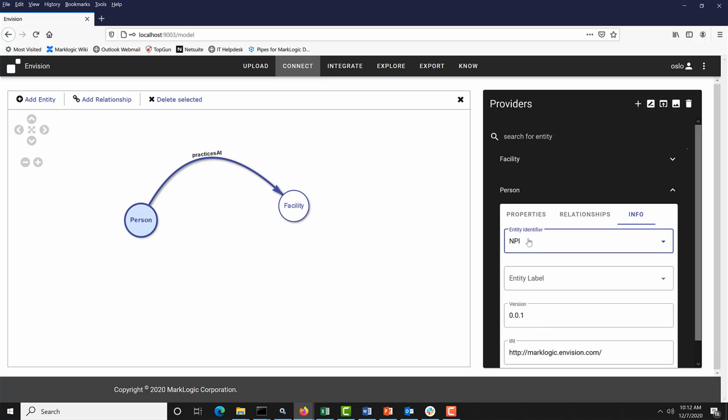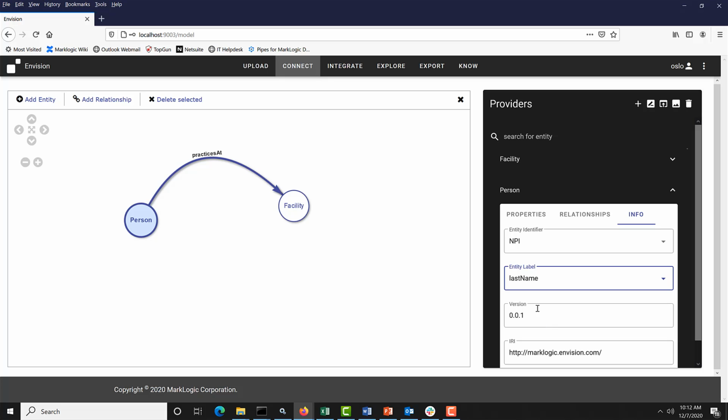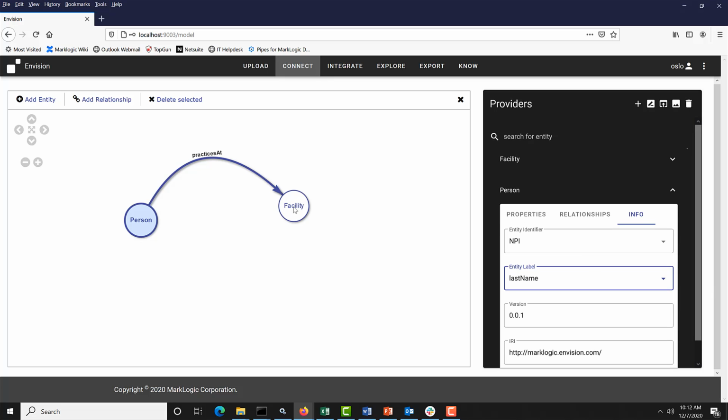This defines a unique person. This helps connect our relationship from person to facility. But the entity label, let's look at their last name. This is how we're going to view them when we look at that data and explore. Okay? And likewise for facility,